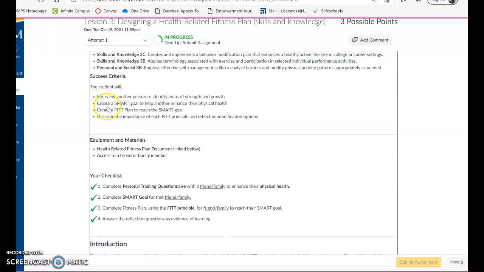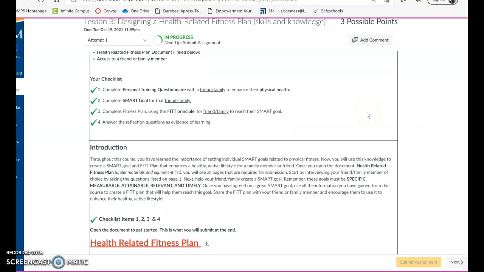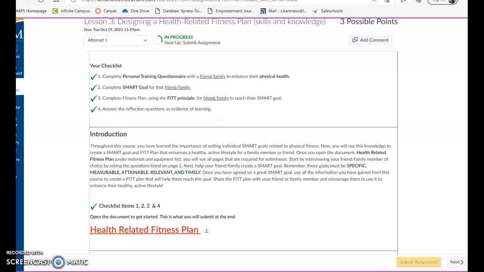You can see here the student will interview another person to identify areas of strength and growth, create a SMART goal to help another enhance their physical health, create a FIT plan to reach that SMART goal, and then describe the importance of each FIT principle and reflect on modification options. Again, this is just going to be a short intro, so I'm going to go over the most important things,